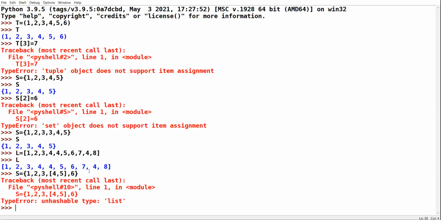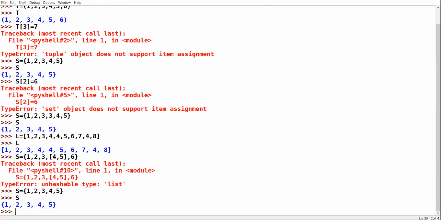How can we add an element in a set? Suppose you have a set and you want to add one element in the set. What is the solution? Set uses an inbuilt method. By method I mean function. Set uses an inbuilt method called add.